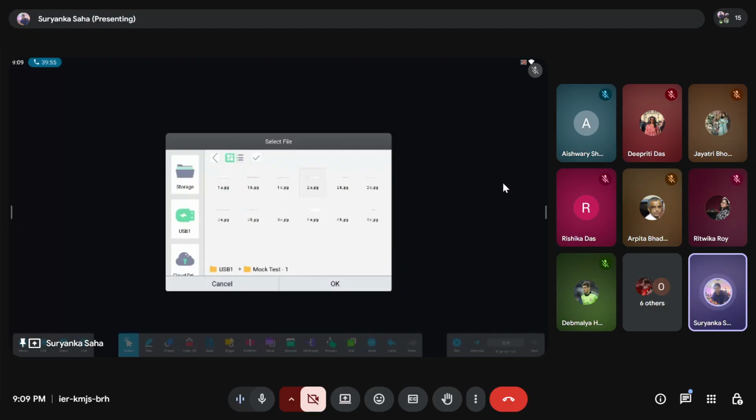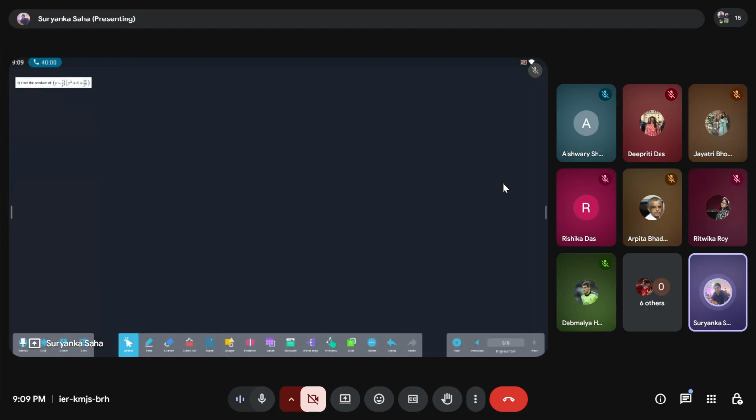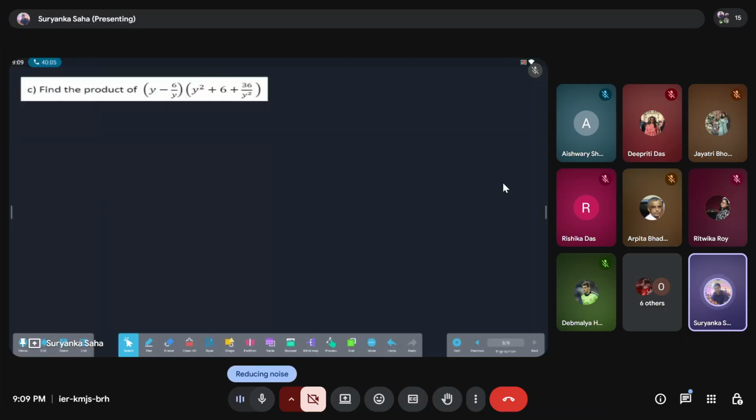Oh, this is a one liner, but you have to make sure that you have 3 steps because 3 marks is given, isn't it? This is a one line question. Please don't finish it in one line. You have to express that this, the interior 6. Chalo, this 6 you have to show. How did it come? Chalo, you can write this y minus 6 by y